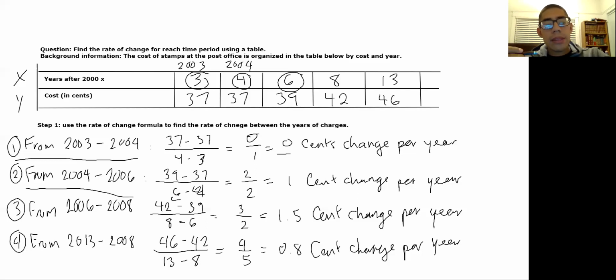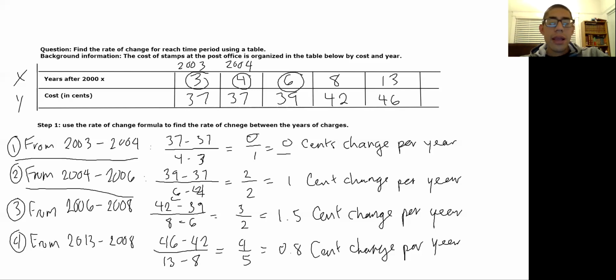So the difference between the first and the second version of this is, if you notice, there's a 1 in the denominator in the first problem, and then there's a 2 in the denominator. So what that means is, even though our answers are going to be different, there's a different number of years to take into consideration, right? So from here, we're saying that there is a change of 2 cents in 2 years. And if we reduce that, 2 divided by 2, we end up getting 1/1, which is just 1. In other words, between 2004 and 2006, there was a 1 cent increase every year,